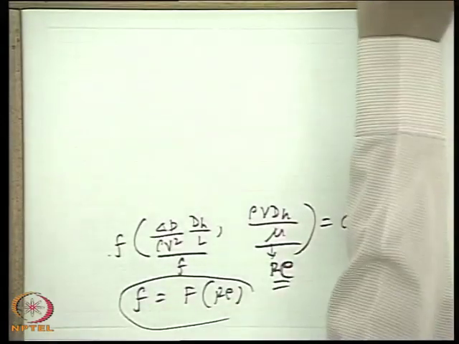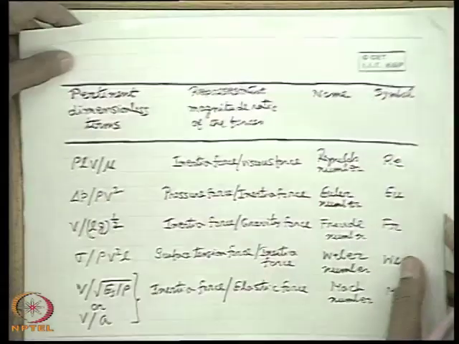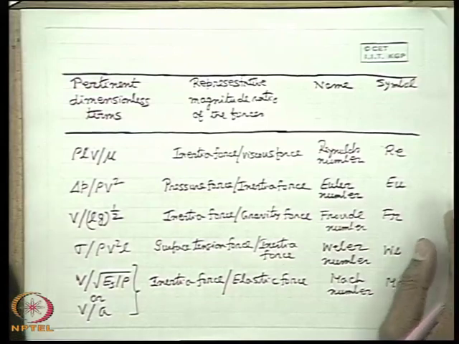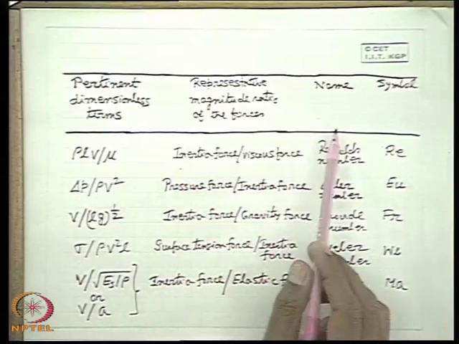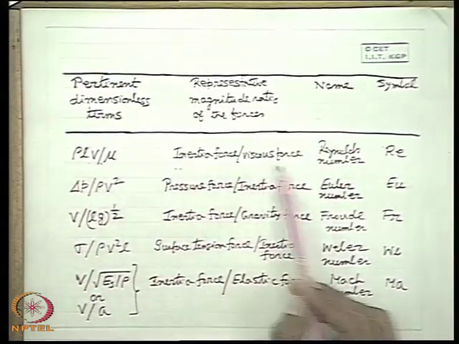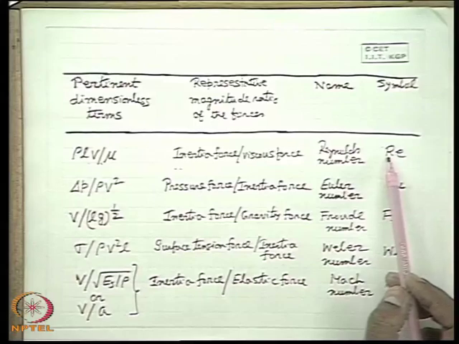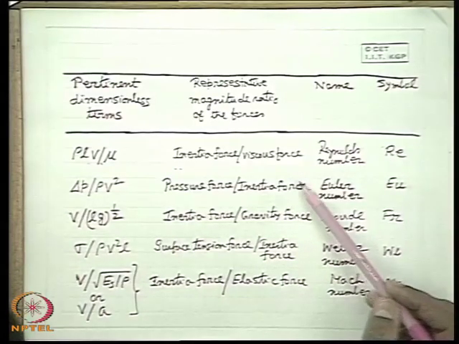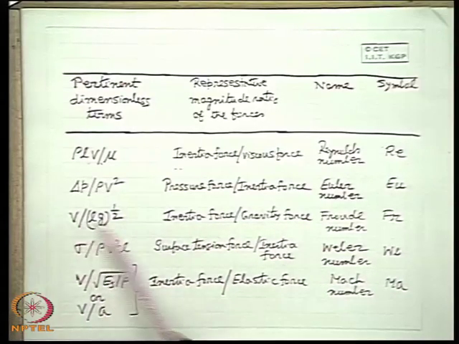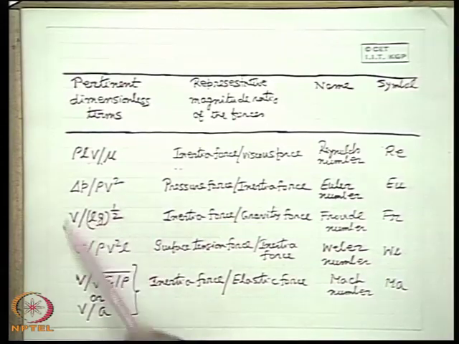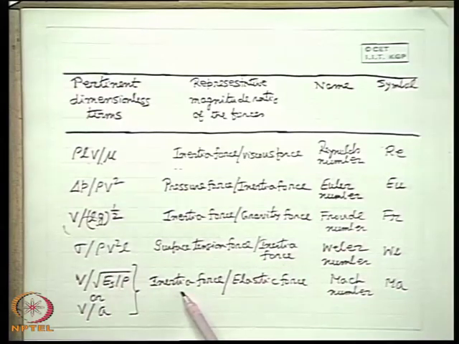At the end today I just tell you, which is very important, that the pertinent dimensionless terms which have come are the representative magnitudes of forces. You must remember this: rho L V by mu is the inertia force by viscous force, that is the Reynolds number. In fact, everywhere the inertia force comes in the denominator, but here the inertia force is in the numerator, but there is no such convention. Sometimes in some problems the reciprocal of this is defined as the Froude number. Surface tension by inertia force is the Weber number. Inertia force by elastic force is the Mach number. Of course, the inertia force is in the numerator.